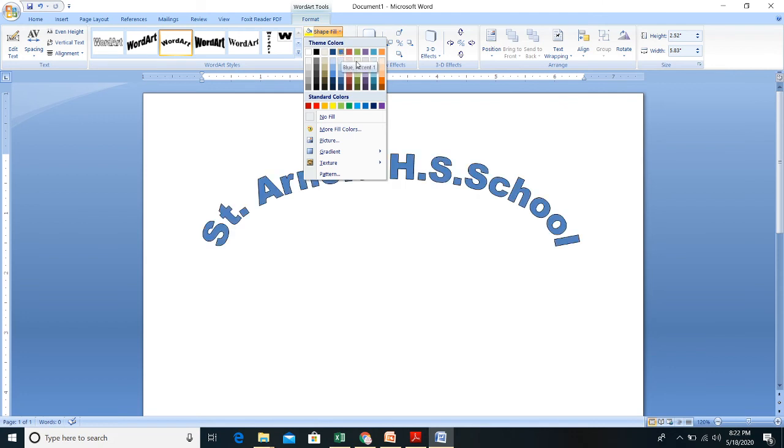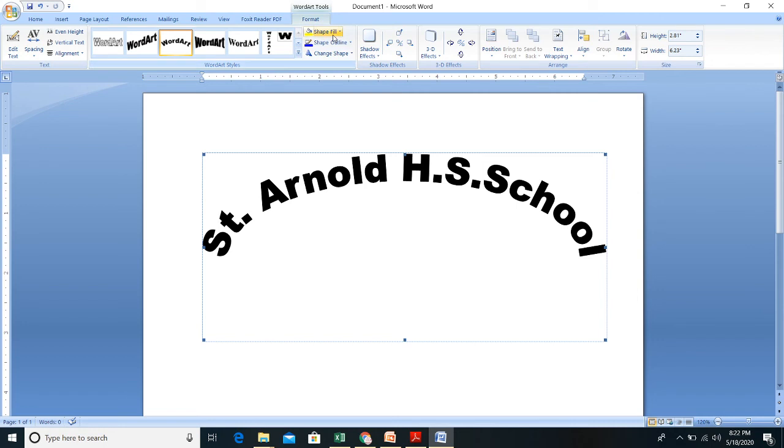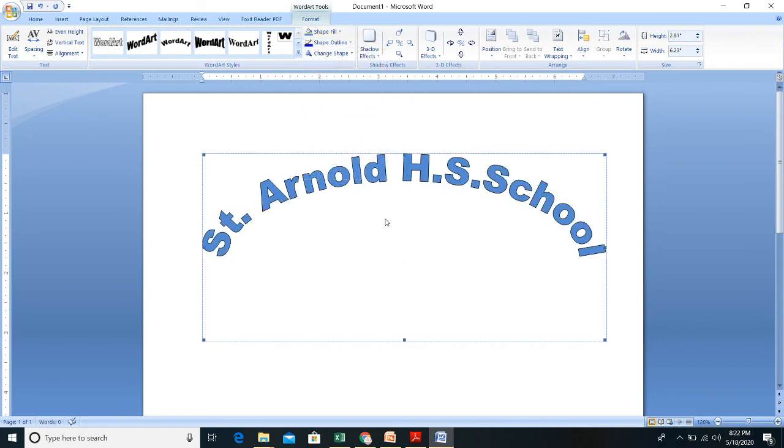You can change the color also, which is very easy. You can simply select this Word Art, click on the Shape Fill option, and fill the color. Try to use all these features. See, it is very simple. When you click on this Word Art, you will see various features automatically appear here. You can click on all of these features and use them, and you will see what happens when you click on a particular feature.